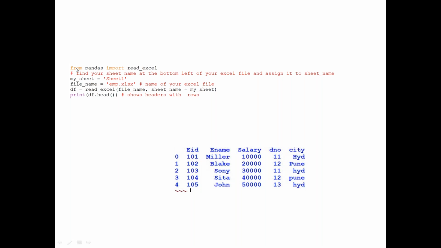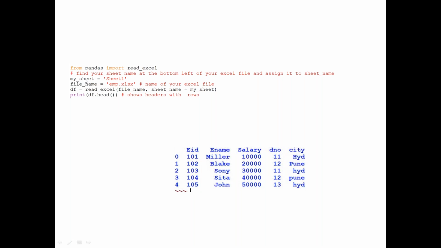So whatever I explained in the last 2 or 3 days, in a single step it will be over. From pandas import read Excel. So the functionality of read Excel is imported, and the system knows that this function has been imported from pandas, so no need to prefix with pandas anymore. In case you use import pandas, I'm installing the package, but I did not mention where the function is from, so you have to prefix with your package name. That is the difference between from import and normal import.